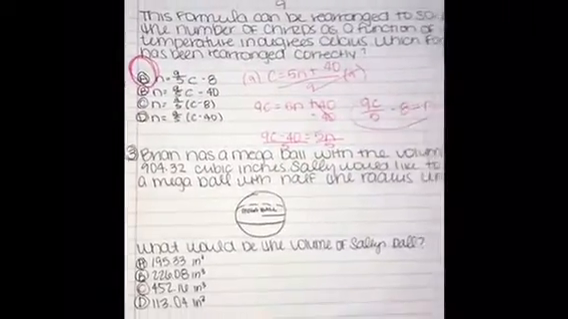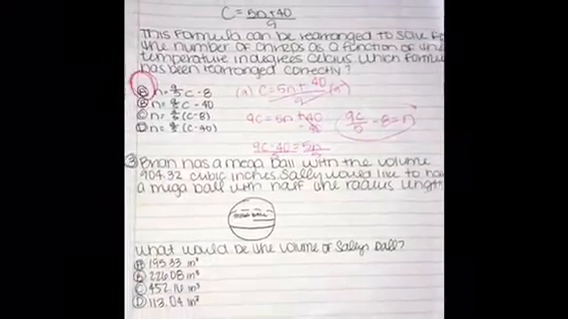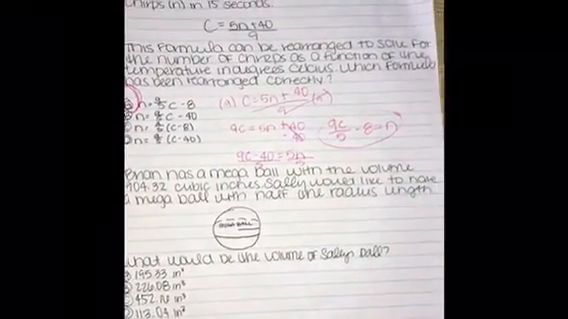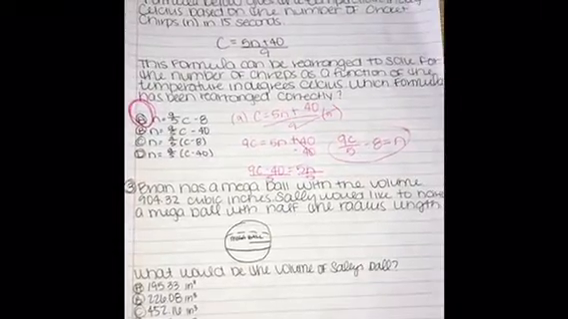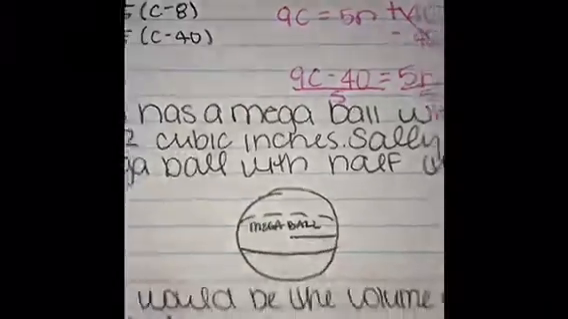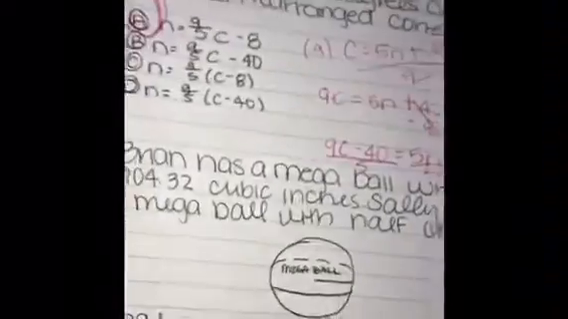Number 3 says Brian has a mega ball with the volume 904.32 cubic inches. Sally would like to have a mega ball with half the radius length. Here's the mega ball, and it says, what would be the volume of Sally's ball? Okay, so for this, we're going to have to find the original radius on this one. Okay, so what we're going to do is take